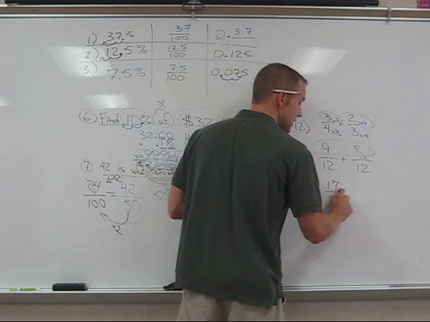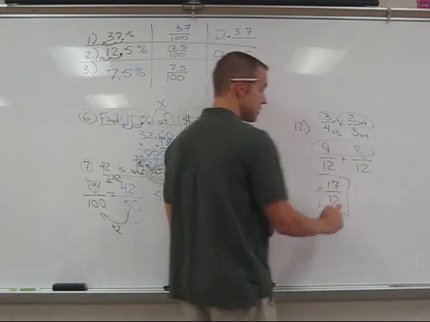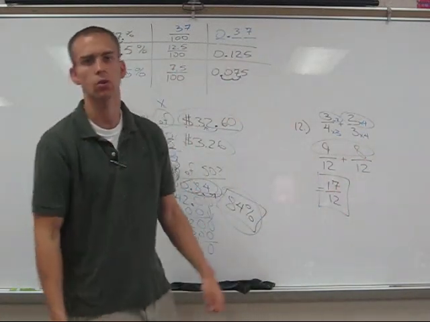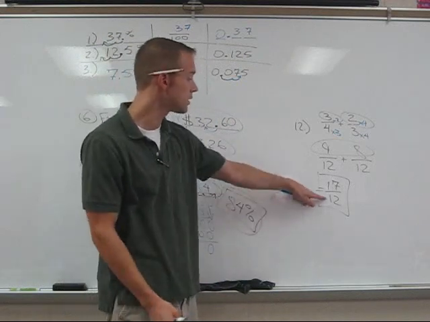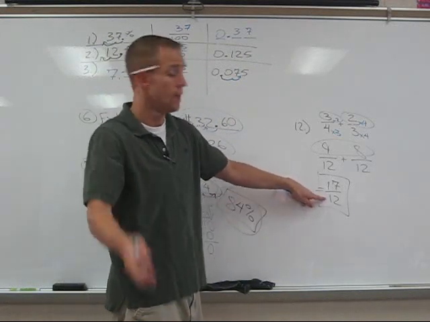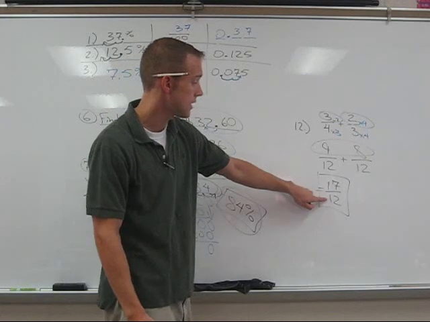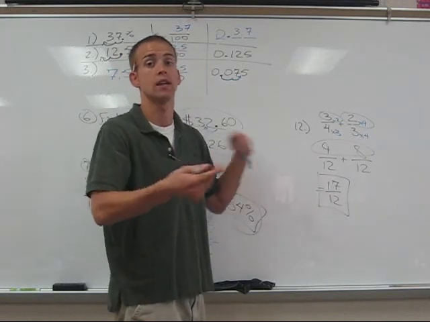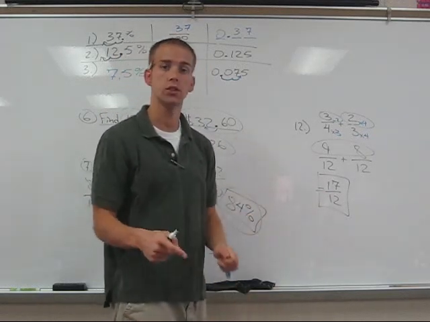So I look at this, I say 12 plus 12, I'm going to get 12, and altogether I should have 17. Now, I always ask this question, say, is this answer correct? And you always say, yeah, it's correct. It is correct. But we do need to simplify. Here's what I'll point out. There are no common factors between 17 and 12 besides 1. So it's not going to help to reduce this, which we always check for first.